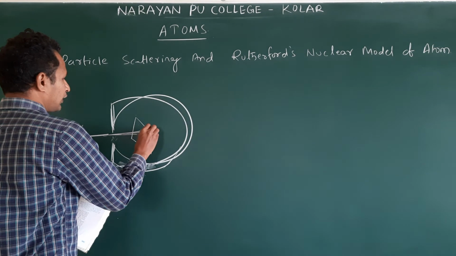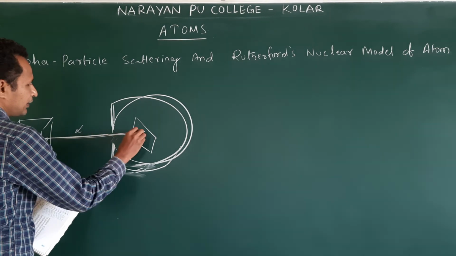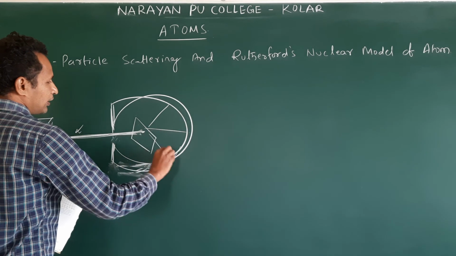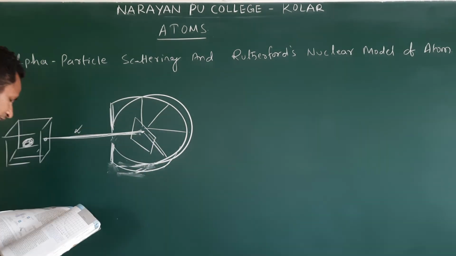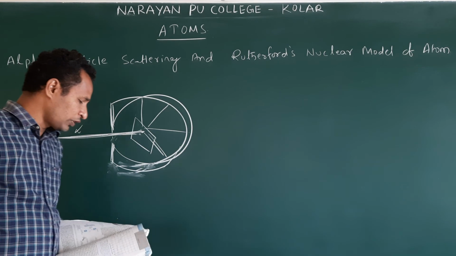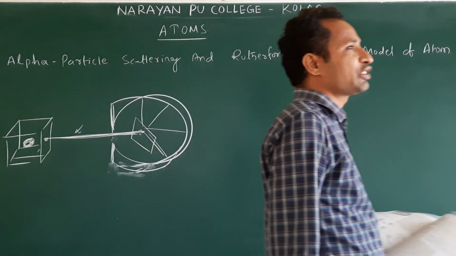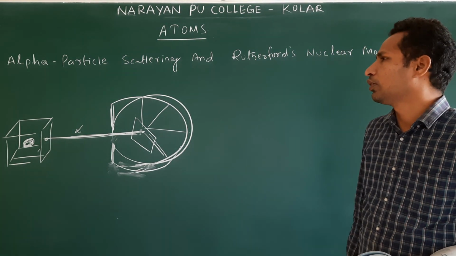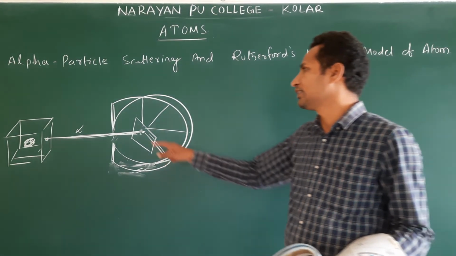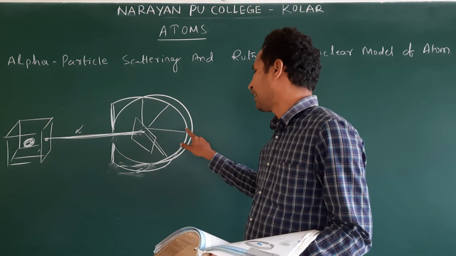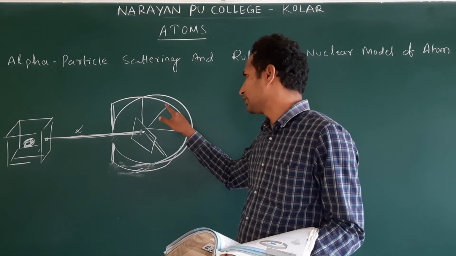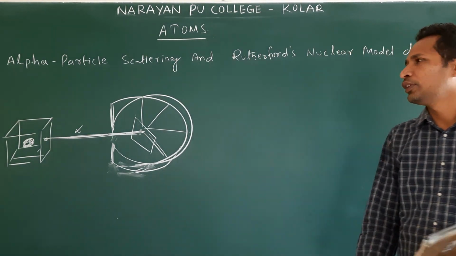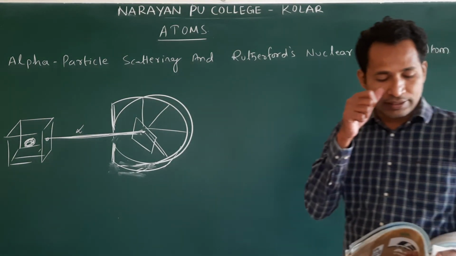So after this, it is not a single line, it is a beam of alpha particles, alpha rays, and the scattered alpha particles are like this. Here they have given a figure, a screen. How do they know they are scattered? Actually, these rays are not visible. How do they know alpha particles are scattered? This is the screen. As soon as these scattered particles fall on it, it gives scintillation, sparks. Clear? So this is the experimental arrangement.